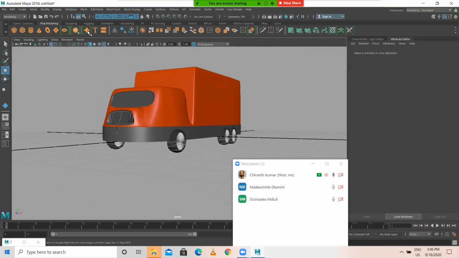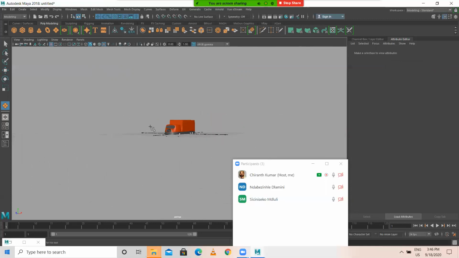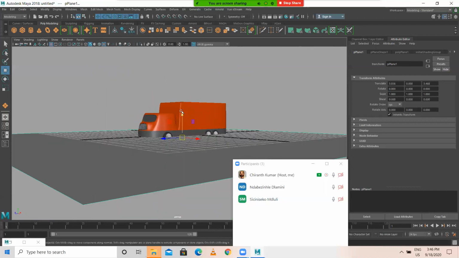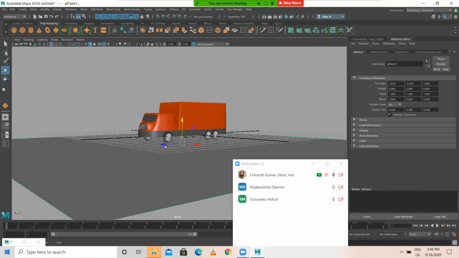So let me create a model over here. Just I place it in the bottom.